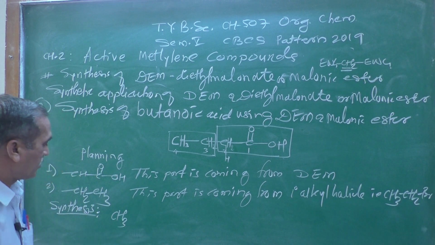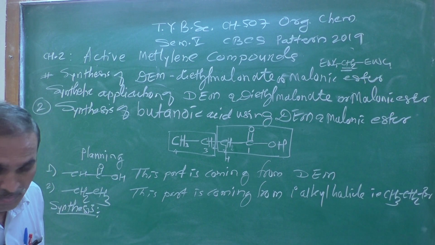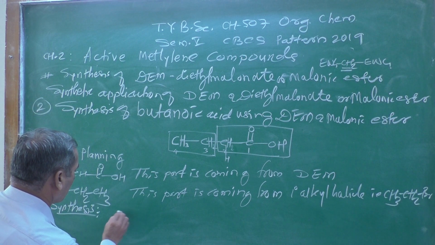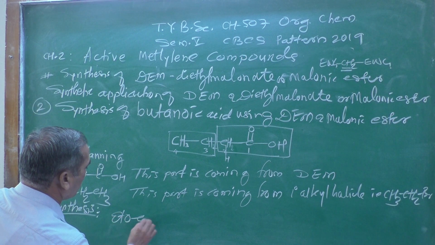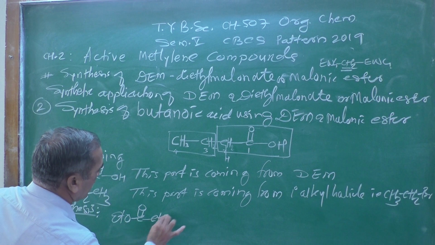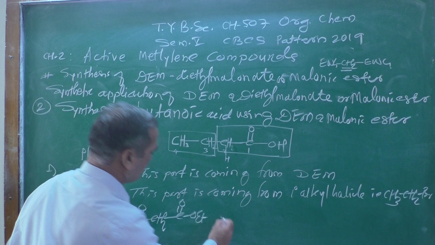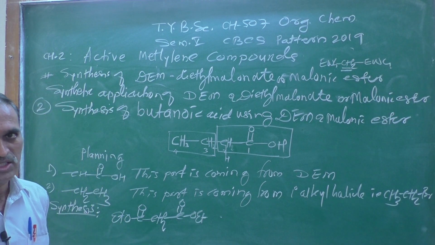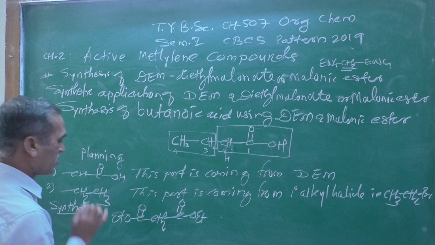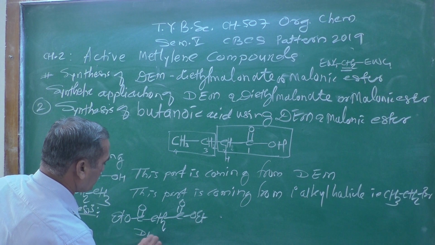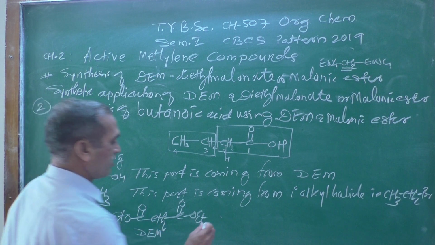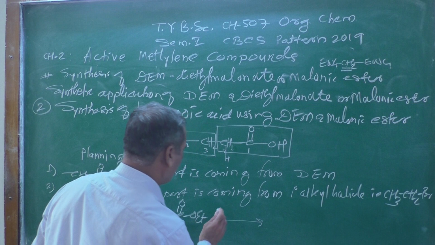As we know, the structure of malonic ester will be EtO, then C double bond O, then CH2, C double bond O, OEt. This is the structure of DEM, diethyl malonate, and it will be treated with